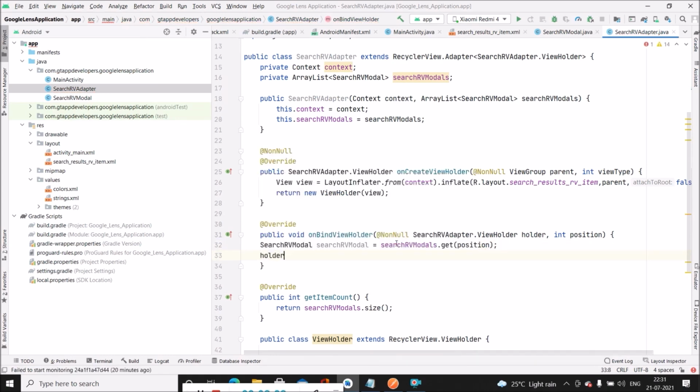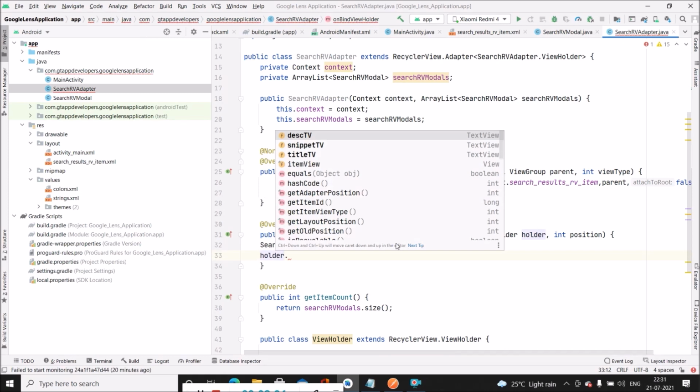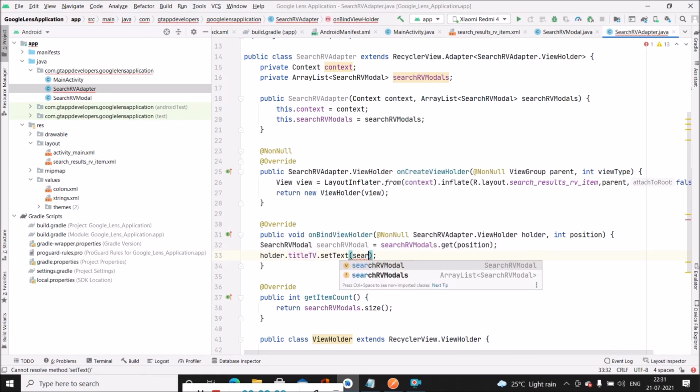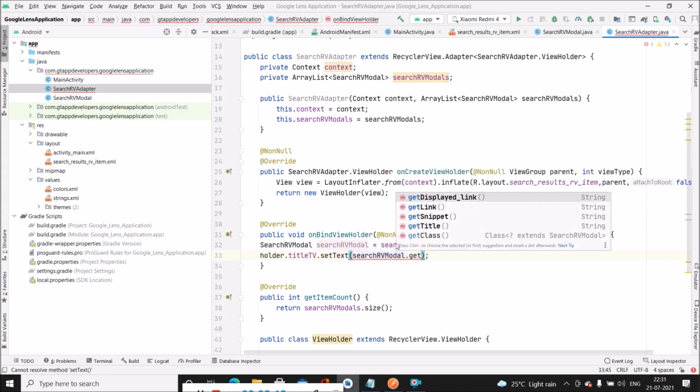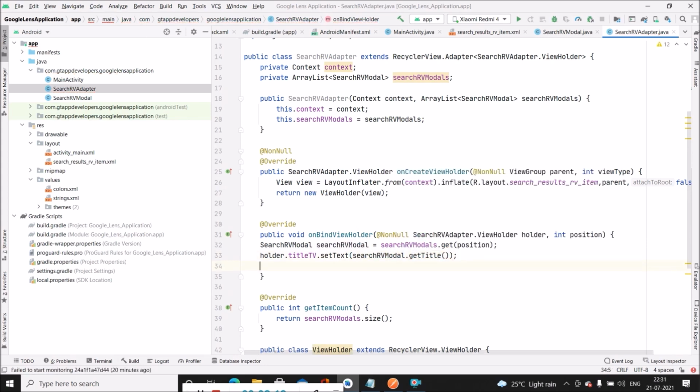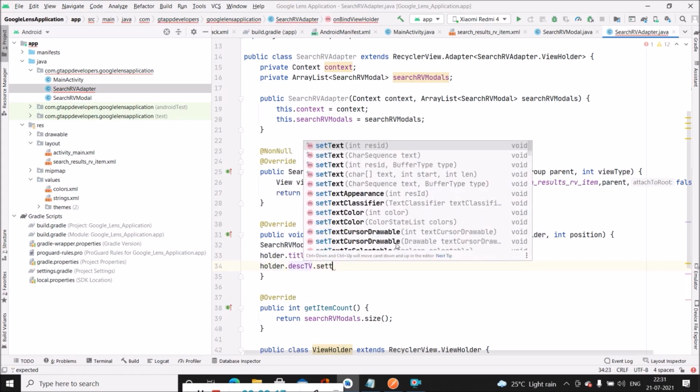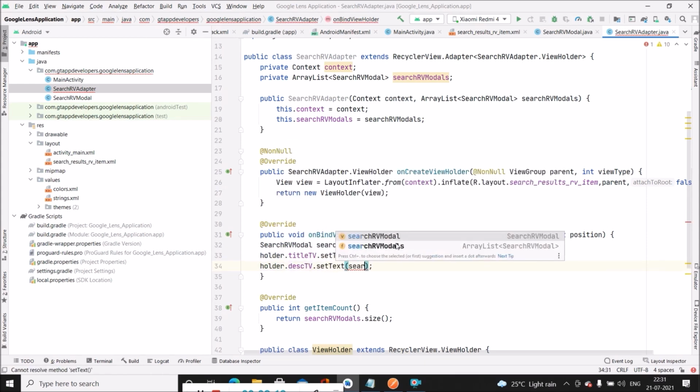Now we will set the data to each text view. So firstly we will set it to the title text view, searchRVModel.getTitle, then description TV dot setText.